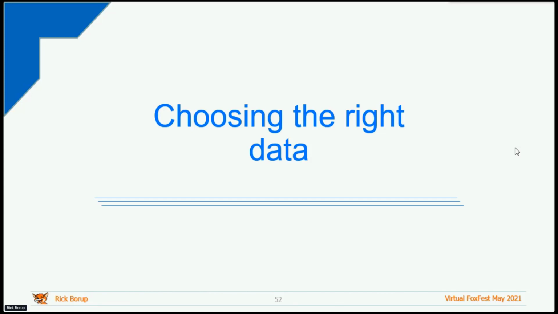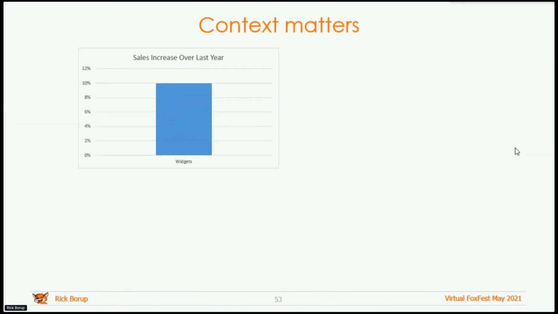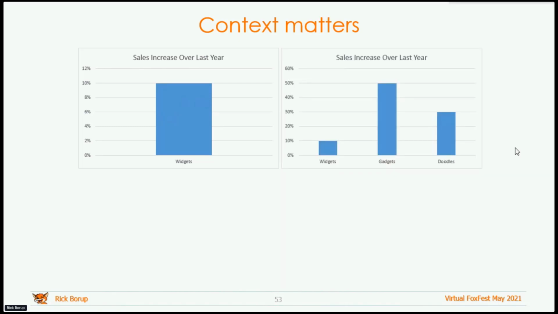Sometimes they ask me to create data sets or to make an option in our application so that they can pull a data set to support a visualization. So choosing the right data is important. Here's some examples. Here we have a sales increase over last year of 10% for the widgets product. Well, that sounds pretty good. 10% increase, not too bad. But let's put it in context. If gadgets had a 50% increase and doodles had a 30% increase, then our 10% increase in widgets,